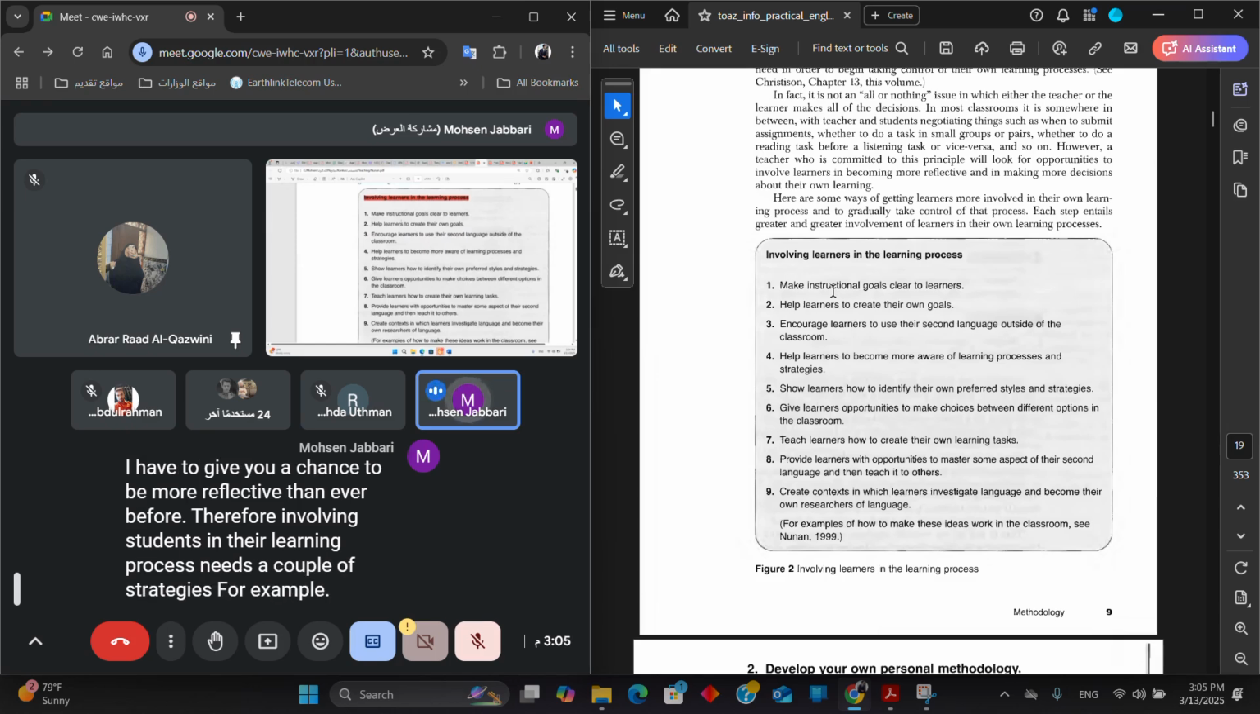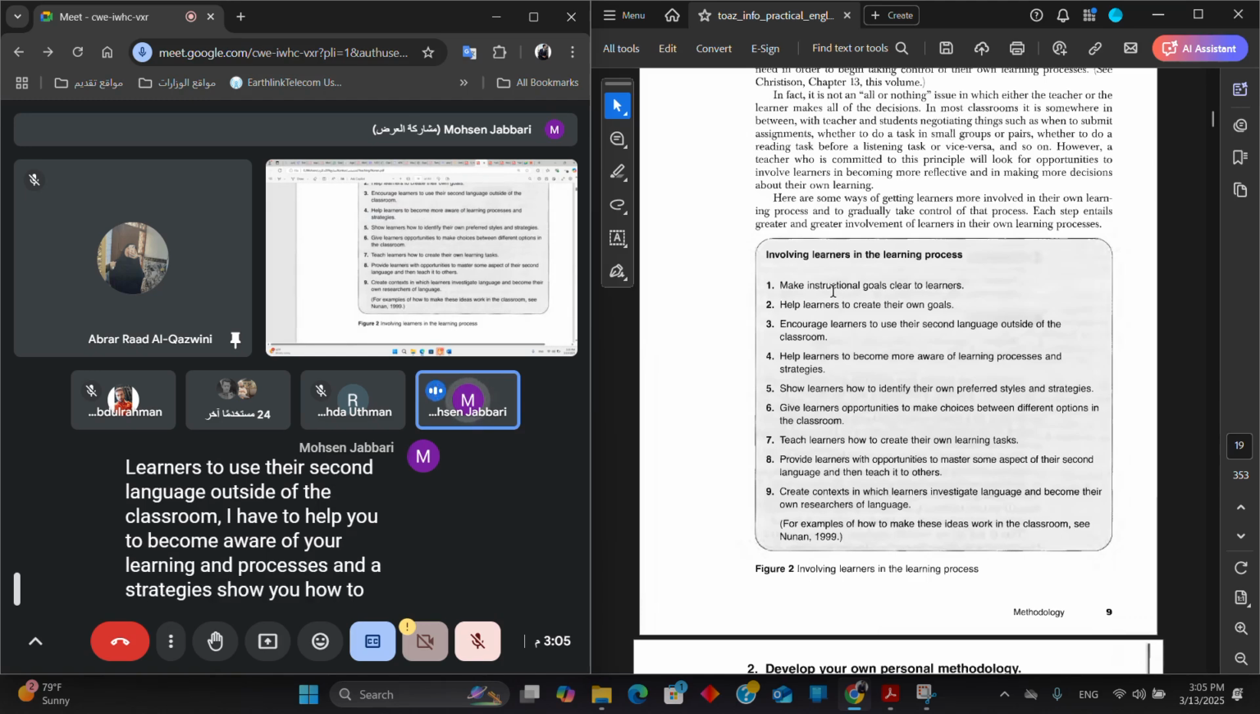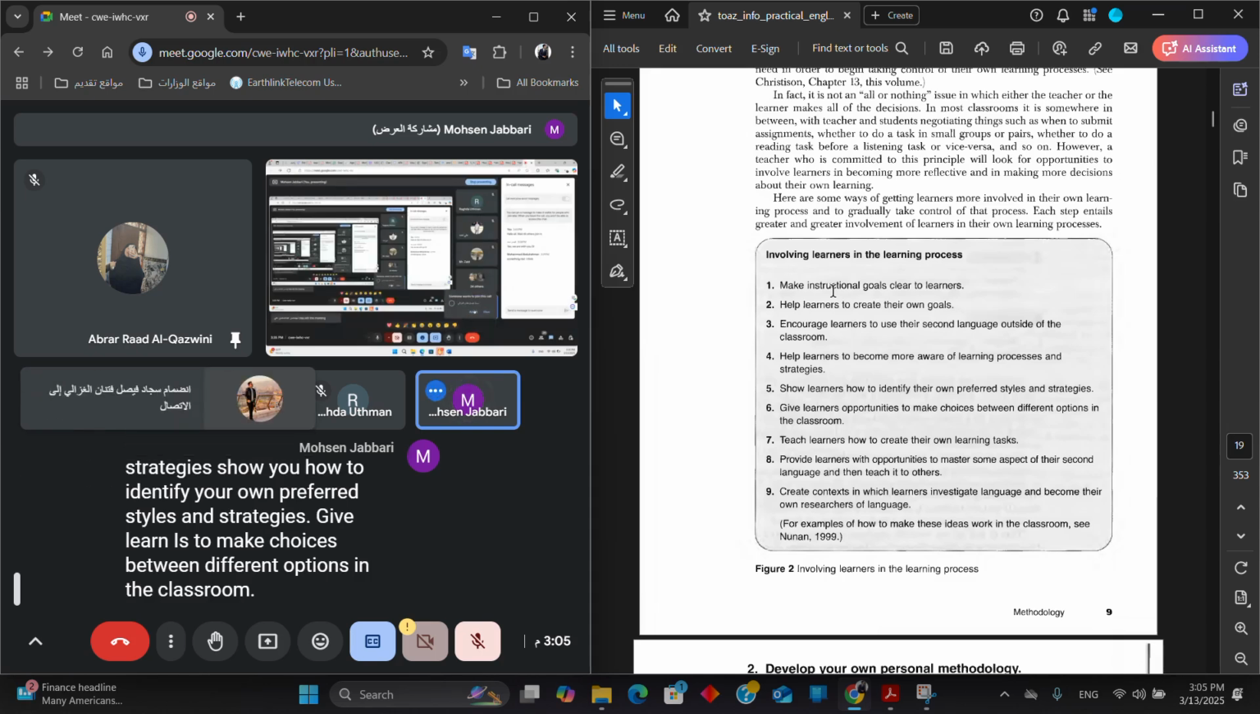For example, making instructional goals clear to the learners, like what you have to do and what you should learn at the end of this chapter, is going to be super important to me. Help learners to create their own goals, encourage learners to use their second language outside of the classroom. I have to help you to become aware of your learning processes and strategies, show you how to identify your own preferred styles and strategies, give learners choices between different options in the classroom,